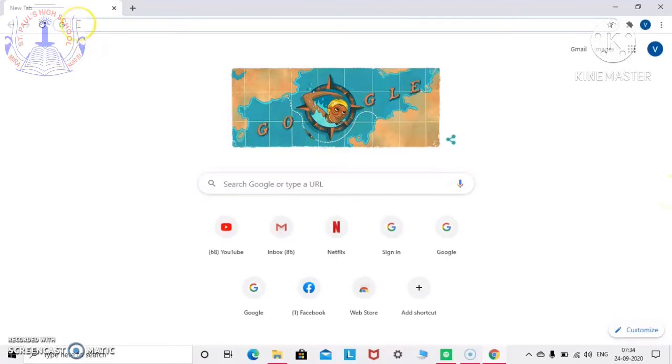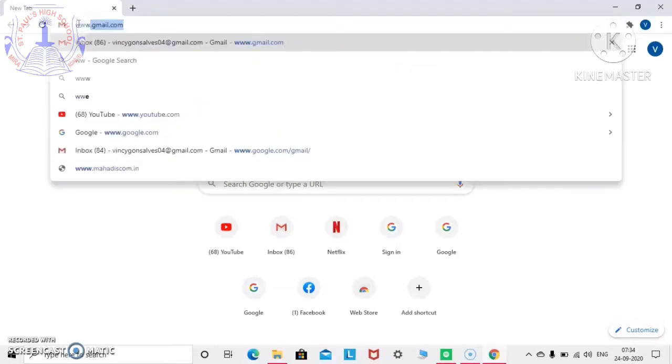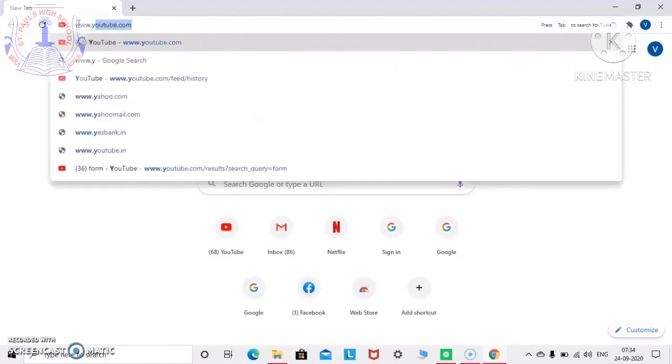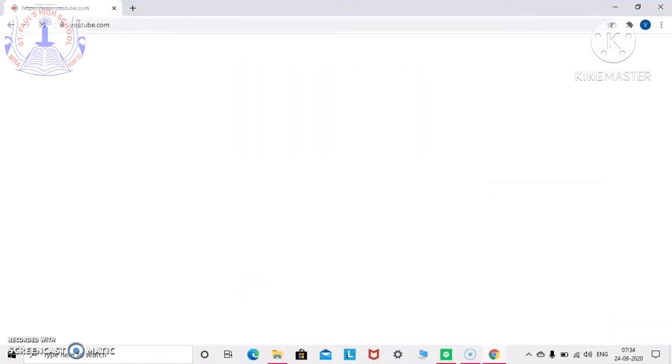Now over here above, it is called your address bar. What is it called? Address bar. Now if I type the address, now if I want to go to YouTube, what I'll do, I'll type the address for YouTube. So what I'll type, www.youtube.com. So I have typed the address and now opened. Put the address on the address bar over here. You have to put the address over here only.